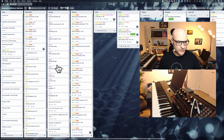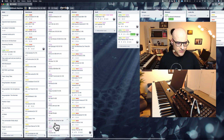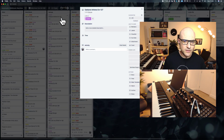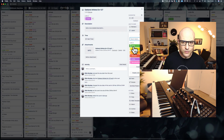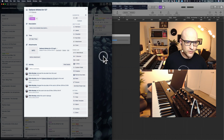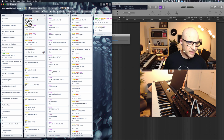So this is my Splurge file. As you can see, I haven't listened to any of these yet, so I've got to listen to them. And basically I will go through these and decide which ones I want to take forward, and the ones I do want to take forward I will mark with a label called, you can't see that, can you? Let's move this over here, a label called bookmark. And then I will move everything into the sketchbook,